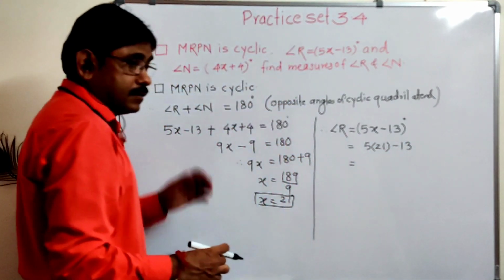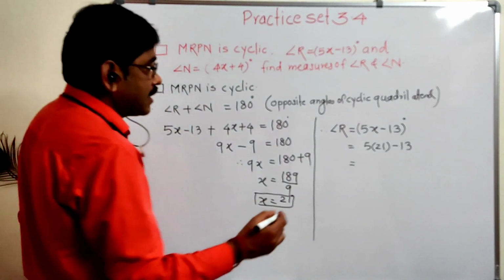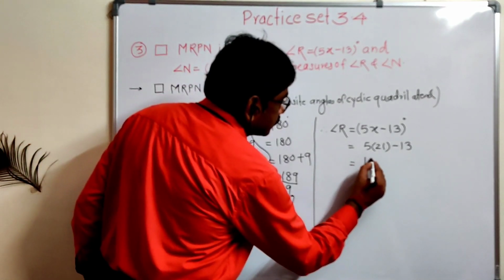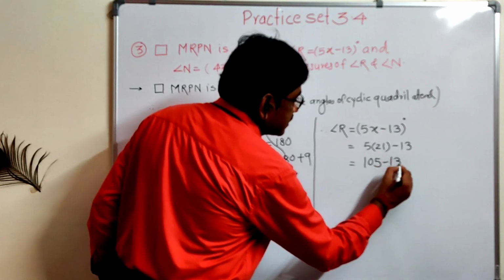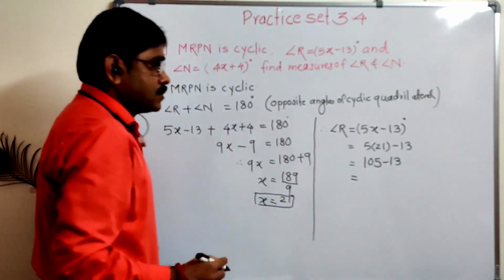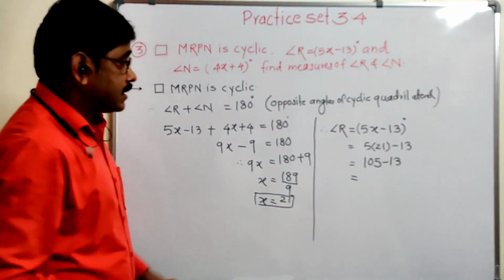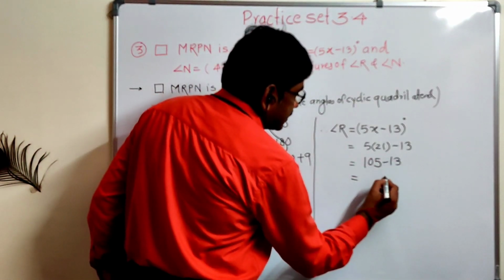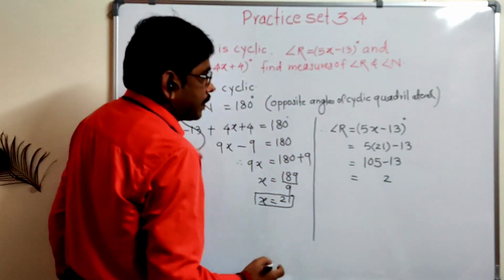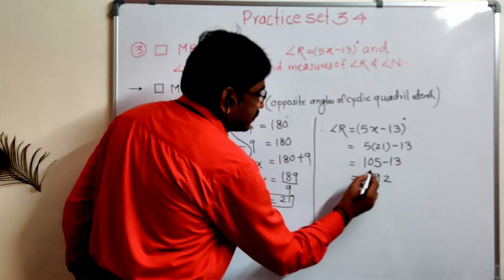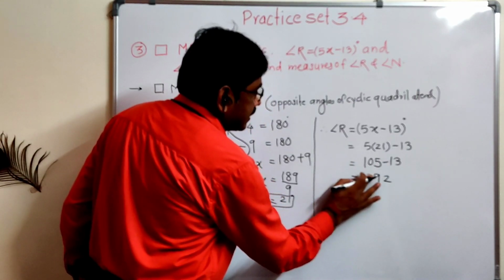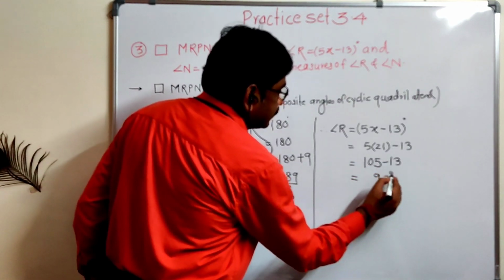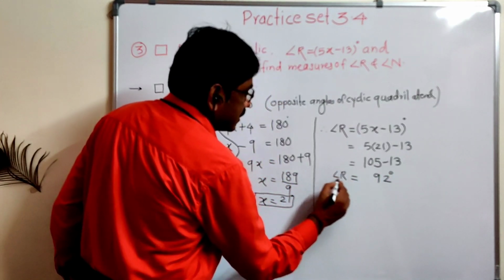So 21 5s are 105 minus this 13. So 105 minus this 13, we get 92 degrees. So angle R is equal to